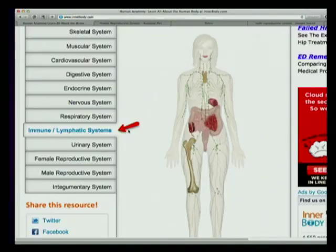And the immune system has to do with things like the thymus. You've heard of the thymus gland, and the thymus gland is up in the chest. It's actually just behind the sternum or the breastbone. You all know sternum now, so I could start calling it sternum. The thymus is there. It actually is very big as a child, and then as we become adults, it becomes